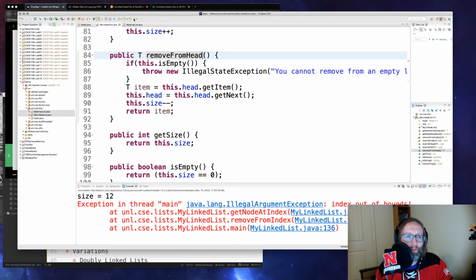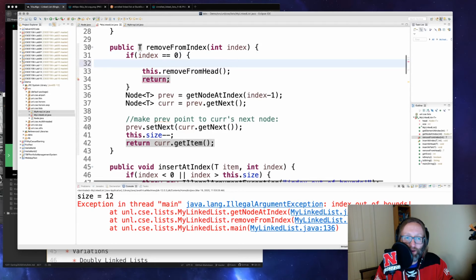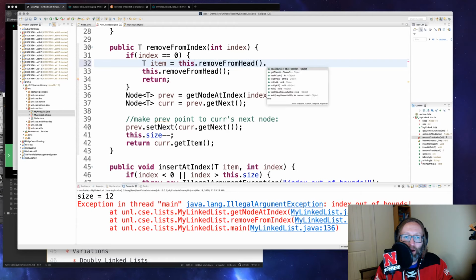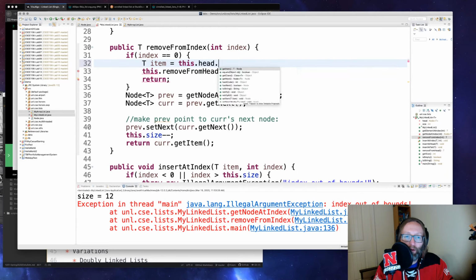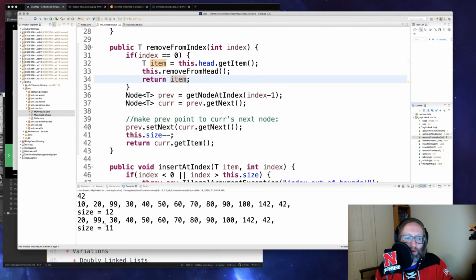So let's go back to where we were. Before we remove from the head, we need to save that off. So the item is equal to this dot head dot get item. There we go. And then we can return that item. And now when we run this again, we've taken care of that one exceptional case, that corner case of removing